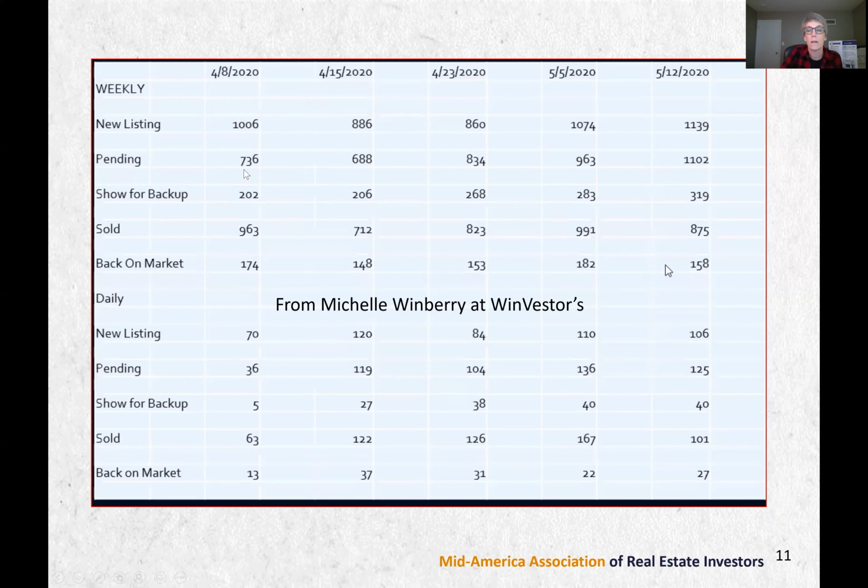Then we look at pending, and you would think it would trend upward, right? Just like the charts, but we had a blip, and that is the week when they said, no basketball championship, everybody stay home, and then they had the big run on toilet paper, if you remember. Nobody did anything for about 2 weeks, and I think a lot of people didn't list their house during this time, so the houses just weren't there to buy. A lot of people were not out buying, and a lot of people pulled their houses off the market because they didn't want people in their houses. So that caused all the pending sales to back off. And then as we figured out how to do virtual home sales, the sales started trending back up.